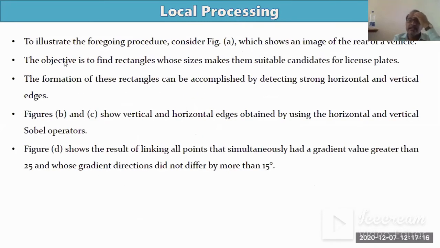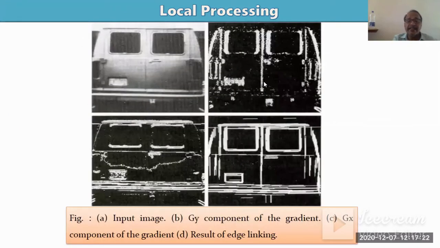To illustrate this concept, consider one example here. Now suppose we want to identify this point. Here the input image is given. We take G of y, the y component of the gradient, so we take the vertical section. See here, in this section it can only detect the vertical lines. It cannot detect this horizontal line. So in this image, only vertical lines are detected. It detects only vertical lines.